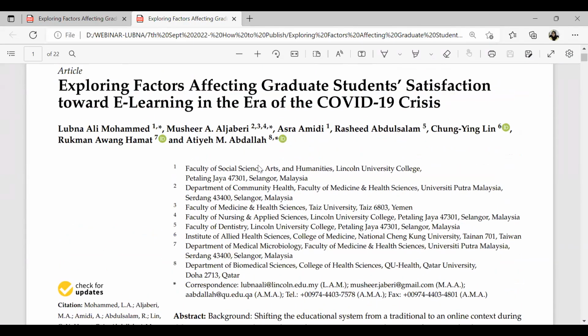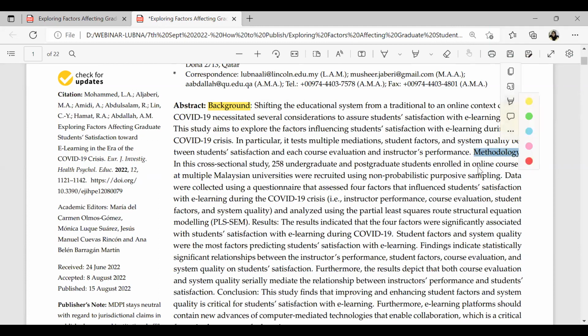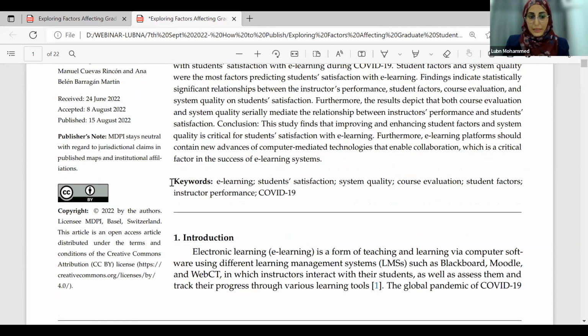Yeah, okay. So this is the abstract we just saw. That's the one I told you. It's not always you need to mention background, not always. That depends on the journal, be careful. This journal stated that we have to mention the titles. Here is the background, here is the aim. For you, you can start like this, but then you follow the journal guidelines. They also require the methodology, the results. So then you write keywords,